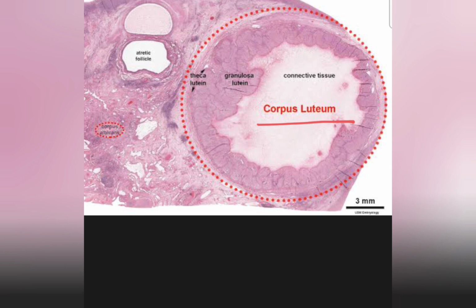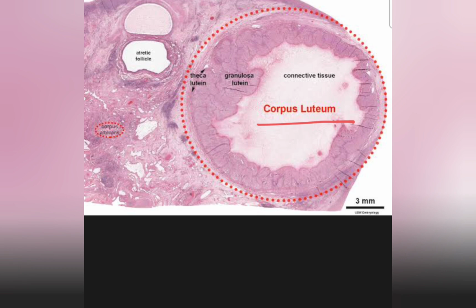Why is it temporary? Because if pregnancy occurs, that means if fertilization takes place, this gland, the corpus luteum, the temporary gland, persists or stays like that for 3 to 4 months to supply estrogen and progesterone hormones to the developing embryo. Okay, so if pregnancy occurs due to fertilization, this corpus luteum will stay as it is for 3 to 4 months in order to supply progesterone and estrogen hormones, which are very much necessary during the pregnancy, and it will be supplied to the developing embryo.